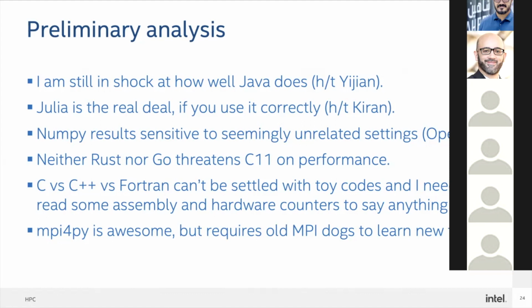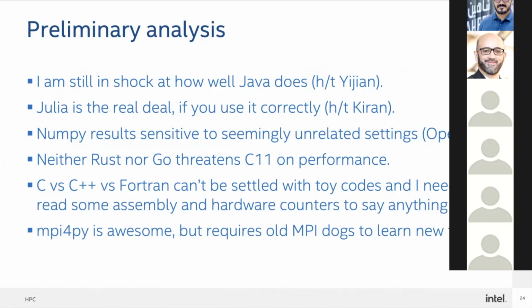NumPy did okay, not as good as Julia. And I will say, when you're not in NumPy, Julia beats Python very, very significantly. So if you're not writing NumPy and intrinsics all day long, you should really switch to Julia. I'm surprised that Rust and Go aren't better, but again, those languages exist not because of performance, but because of safety and some other things. I'm not really going to say anything about C, C++, and Fortran because nobody should choose between C++ and Fortran based upon the performance of vector addition.